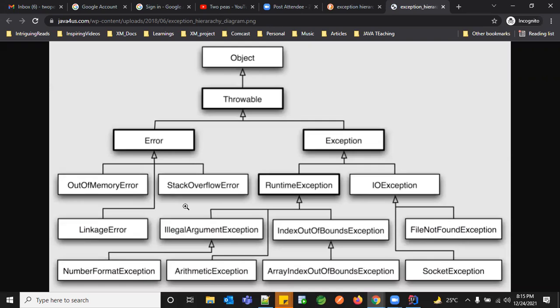In the Error, you have StackOverflowError, OutOfMemoryError, which are predominantly hardware related issues, right? So all those things come under Error. Now if you observe here, exceptions are classified into 2, RuntimeException and IOException. And again, they have subchilds. In this diagram, you would have experienced ArrayIndexOutOfBoundsException, which you have so far experienced, and NullPointerException.